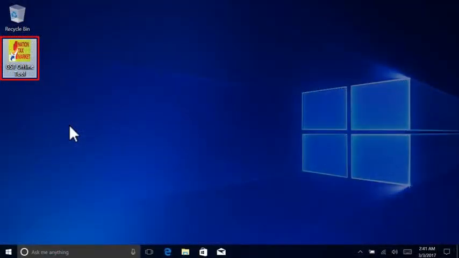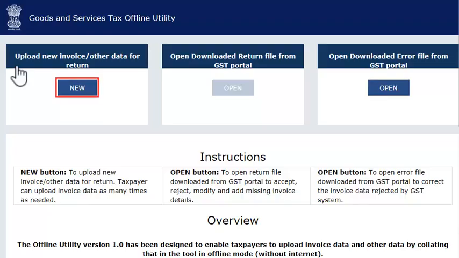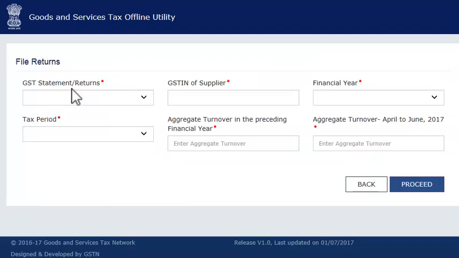Assuming the utility is already installed on your computer, launch the utility by double-clicking its icon on your desktop. Click the New button in the first tab. This will take you to a screen for capturing some preliminary information before moving to the Upload section.